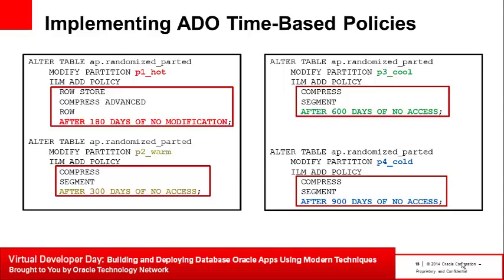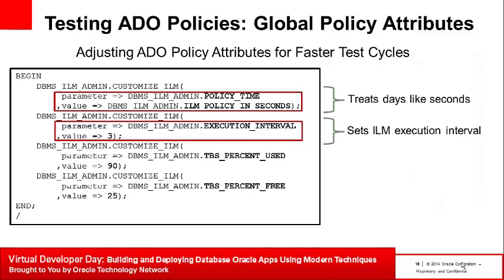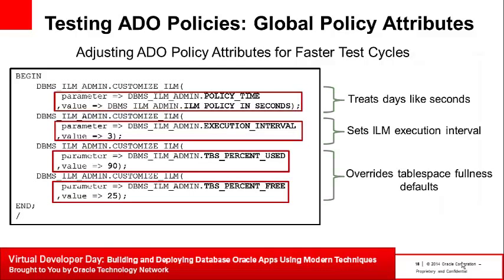These are just 4 of them that let me make very short work of testing ADO policies. The ones I'd like to bring your attention to are the 2 top ones. Second from the top, execution interval says, here's how often, dear Oracle 12c, really dear Information Lifecycle Management utility, I would like you to check to see for